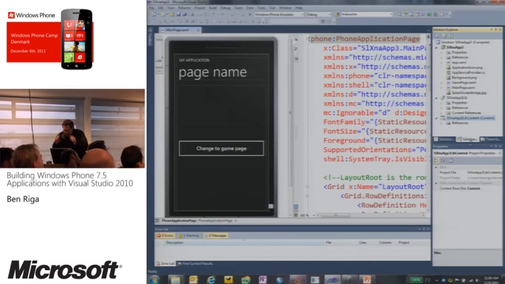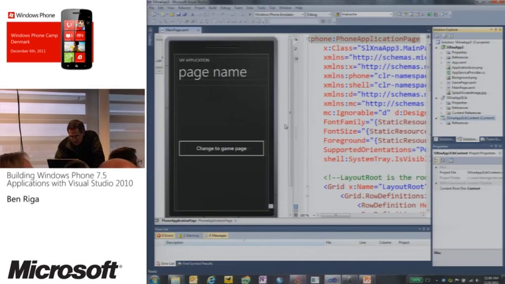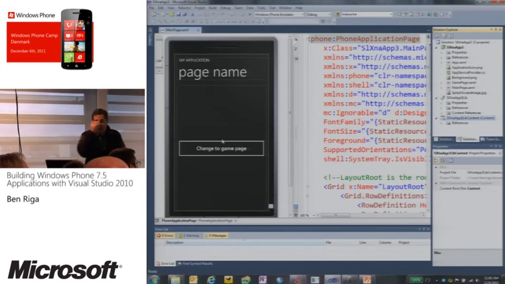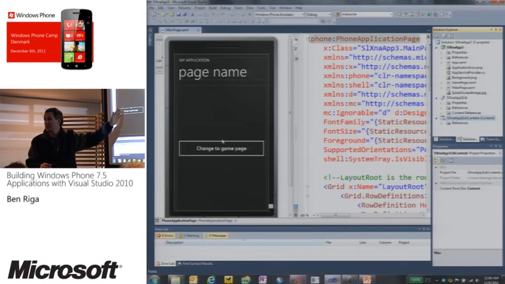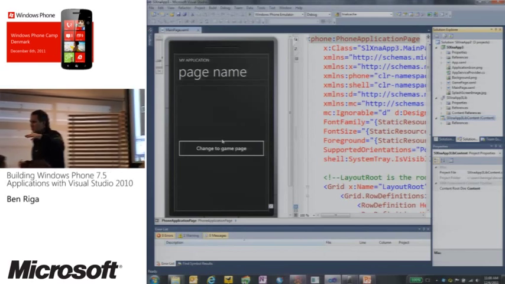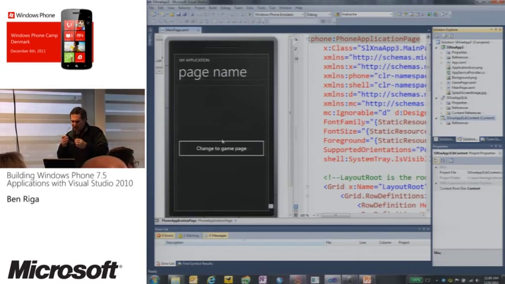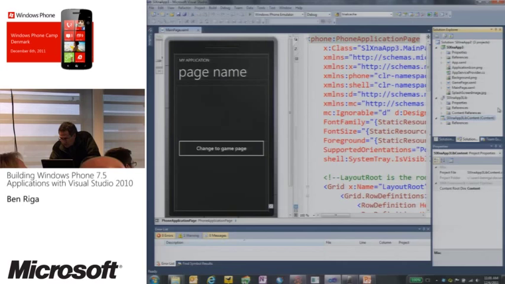And so if I look at this, it's pretty standard, right? I don't think we did this earlier. It's just a standard page with a change to game page, which just navigates to the game page. And we're going to talk about page navigation in a few minutes. And then if I go and load game page,